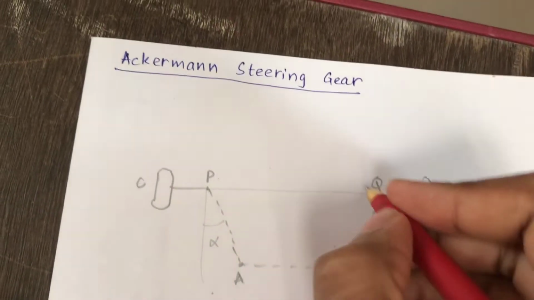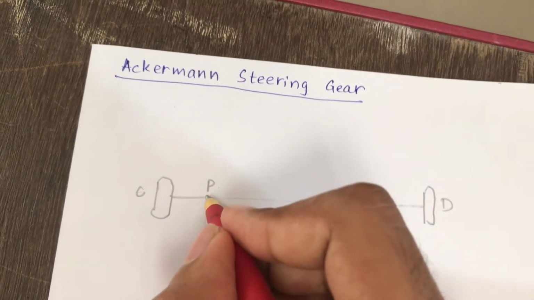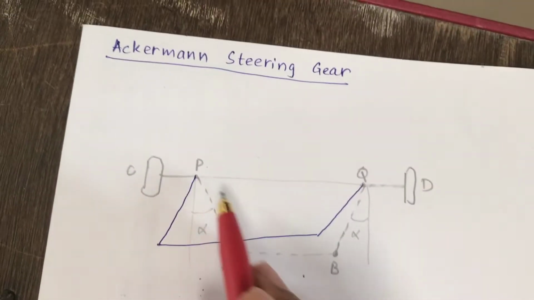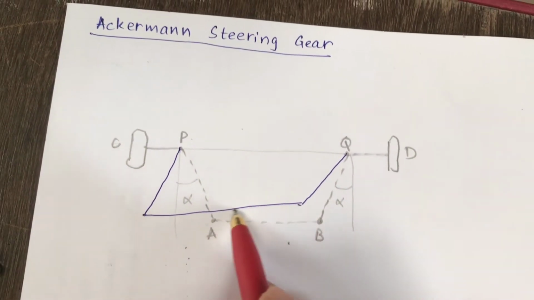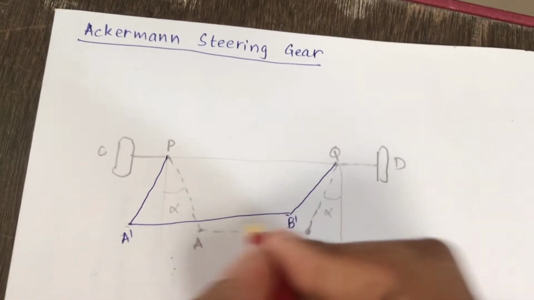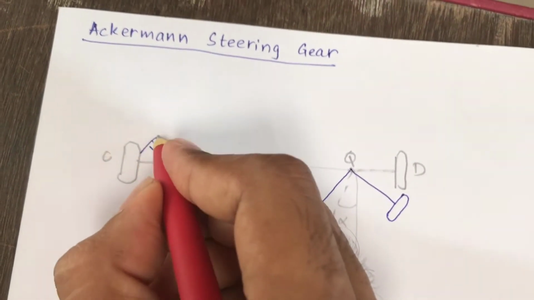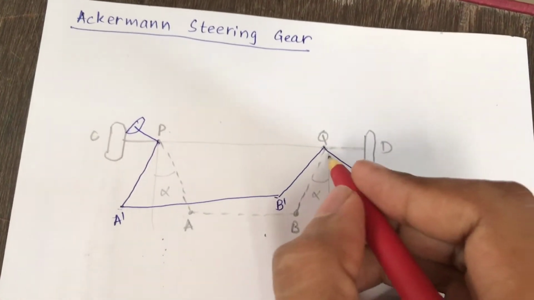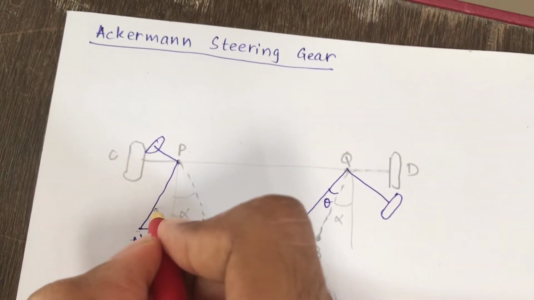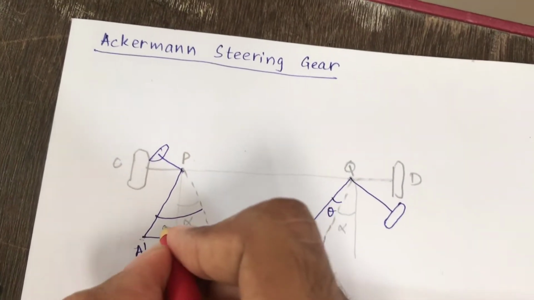Again, let us consider the car turns towards the right side. So here it is a 4-bar link mechanism. Now the intermediate link or coupling A dash B dash will be tilted. It is not horizontal like in the steering gear, and the tire of the car will be like this for turning. When it is turned towards the right side, this angle becomes theta, and the left side angle from the mean position, where the hidden line represents the mean position, is angle phi.